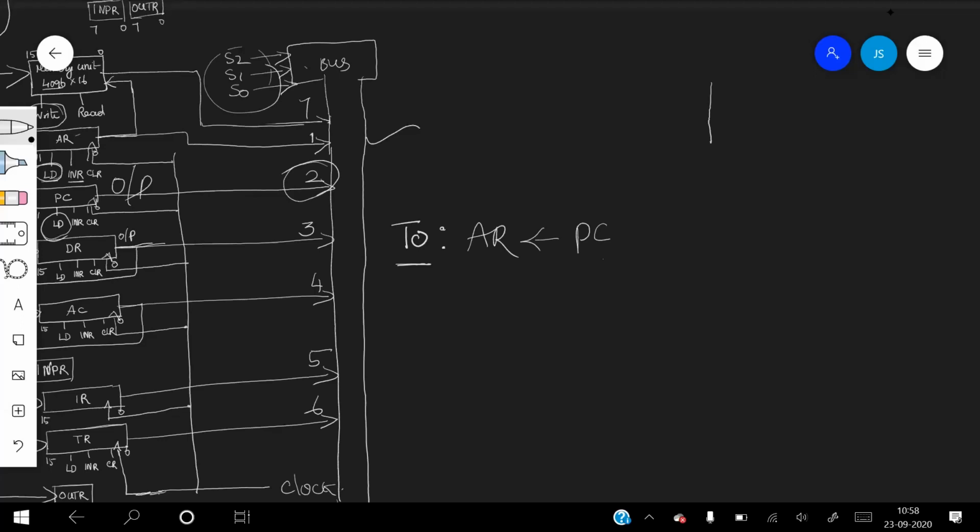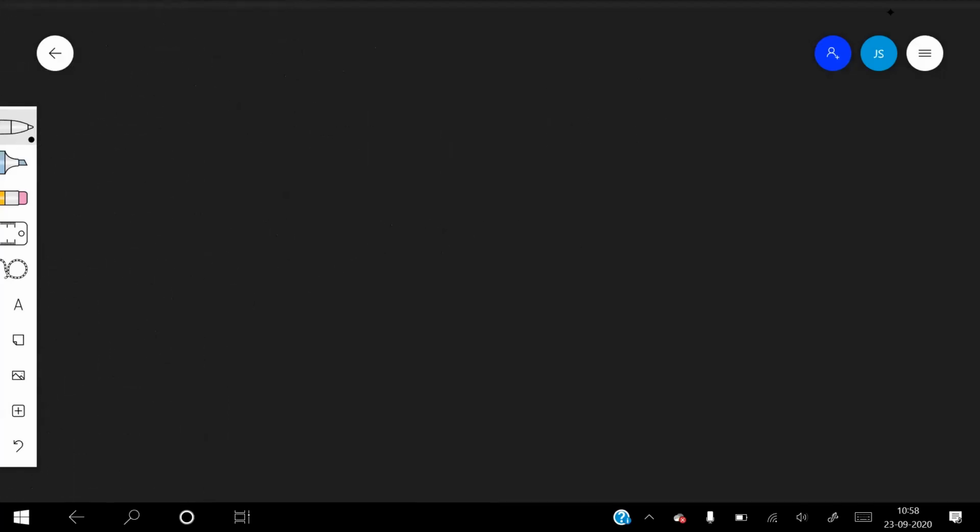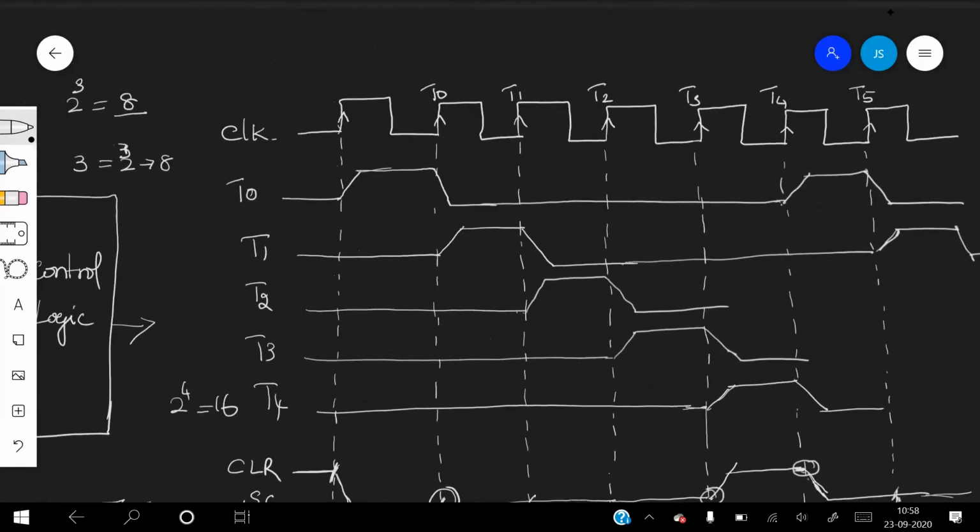The meaning of this register transfer statement is that at time T0, when the control signal T0 is 1, transfer the content of PC to AR.